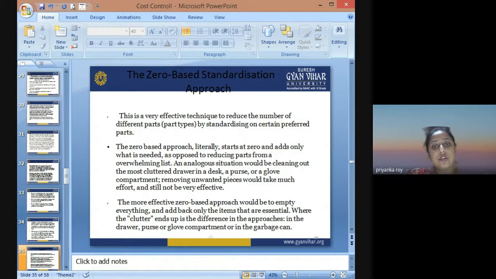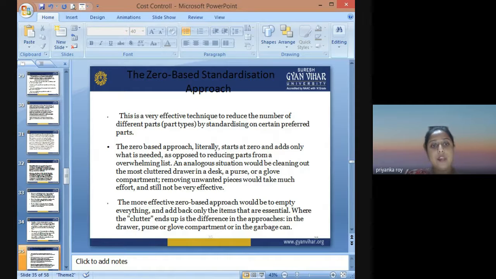An analogous situation would be cleaning out the most cluttered drawer in a desk, or the glove compartment. Removing unwanted pieces would take much effort and still not be very effective. So a more effective zero-based approach would be to empty